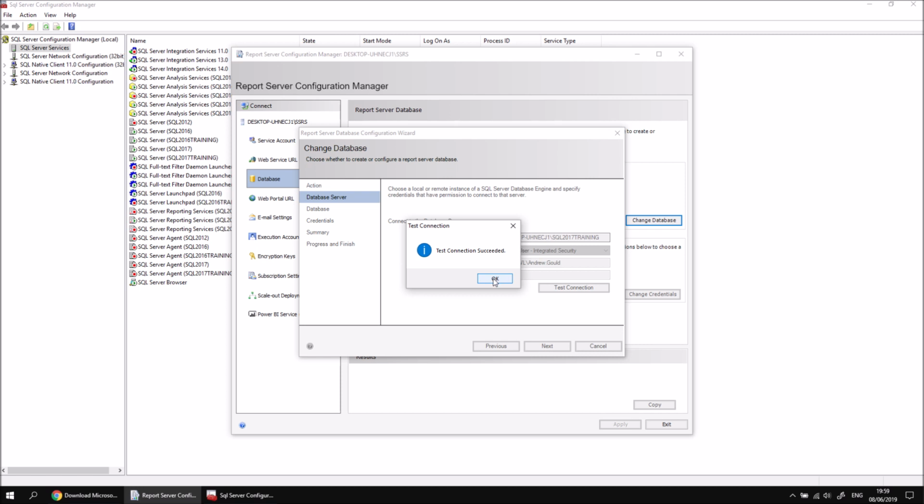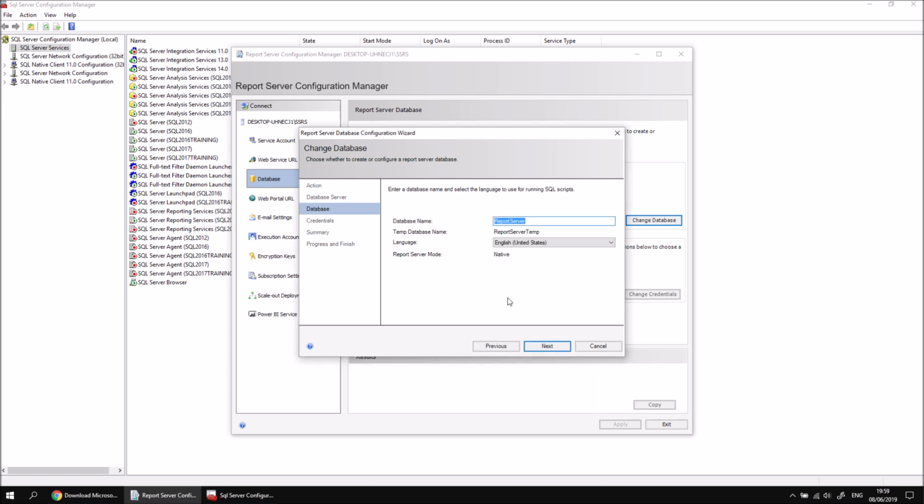I feel much better about it now, so I can click OK and then click Next to configure the database itself. So you can choose a name for the database. It's unlikely you'll create more than one report server database on the same server, but just in case you wanted to give this a less ambiguous name than just report server, we can change the name of this one. Let's call this one Report Server 2017 Training, just to link it to the name of the instance that we're